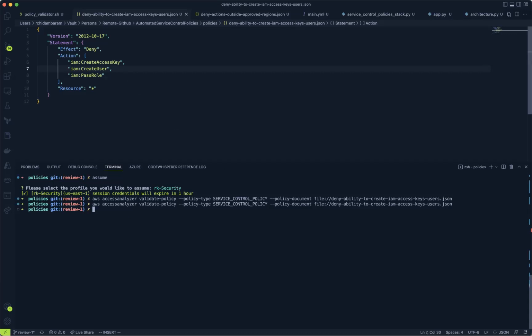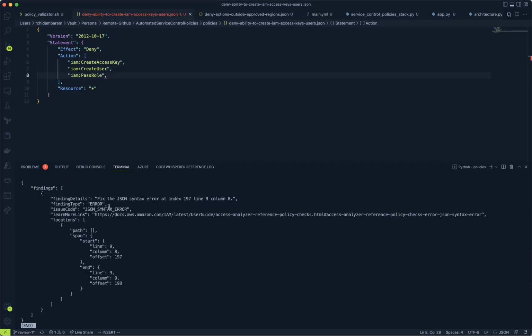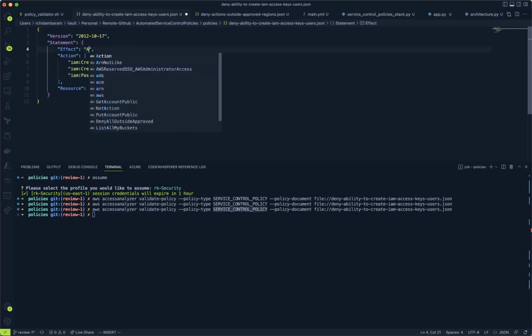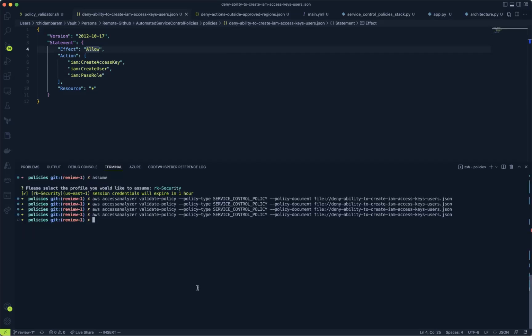Well, if you want errors, we can. So this is an actual JSON syntax error. So there you go, that also covers it. But if we want to simulate an actual error, because this is a service control policy, and also because we have deny here, even if we change this to allow, I don't think it will spit out any error, because it's a service control policy. But if we change this to an identity policy,